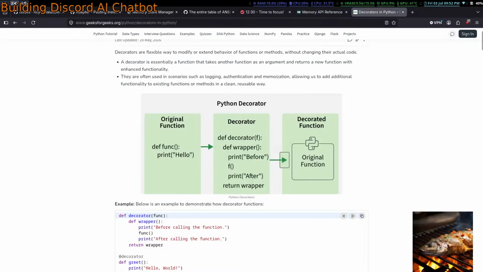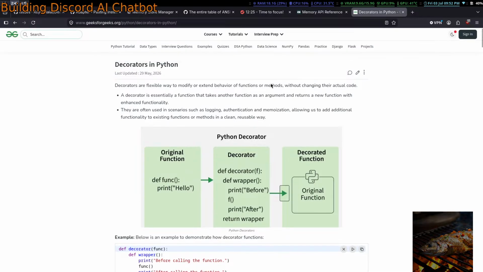So instead, let's just learn about decorators, because I love decorating things. A flexible way to modify or extend the behavior of functions without changing their actual code. It takes another function as an argument and returns a new function. Okay.